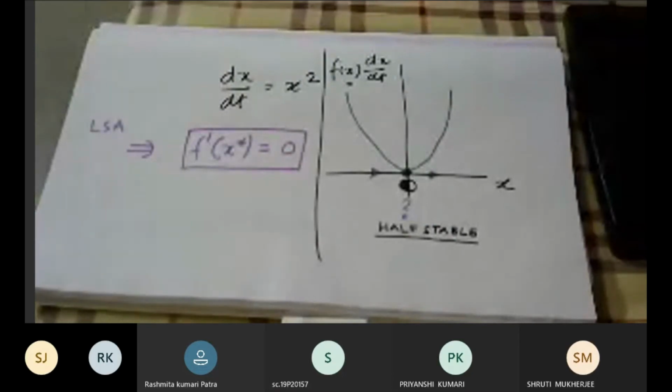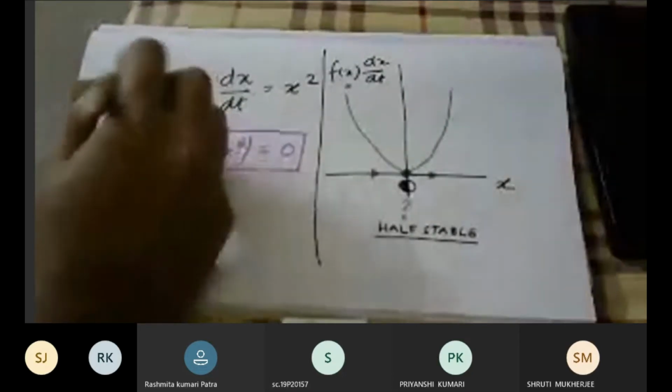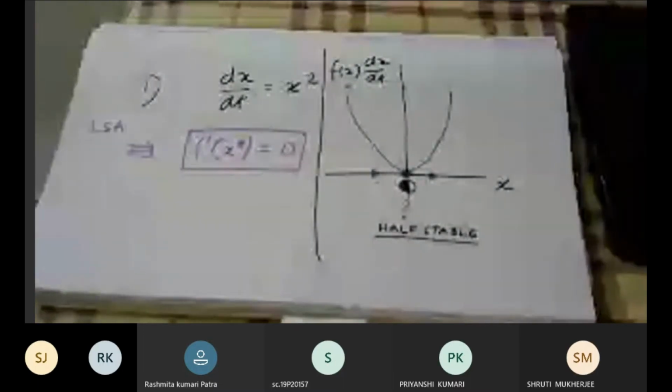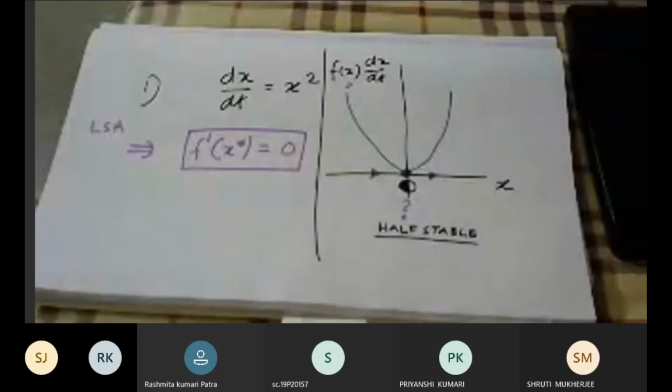Okay, so let us just change our equation number 1, dx/dt equal to x square, a little bit so that we can give a more clear idea about this phenomena of bifurcation that we are talking about. We are gradually moving towards a bit more complicated dynamics that can happen in the one variable systems. As I have already told you, there is only fixed points. There is nothing else in one variable systems. You cannot see oscillations or anything, but we can see something very important called bifurcations.